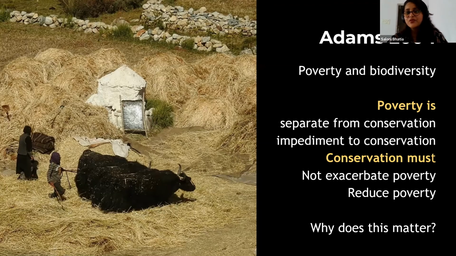My question to you is, if you have read the paper, why do you think this kind of classification is important and why is it relevant in our context? Like Justine said, one example of conservation reducing poverty would be any kind of livelihoods programs. Does this kind of distinction matter at all, or is there no need for these distinctions? Do you think it is important to explore these links?